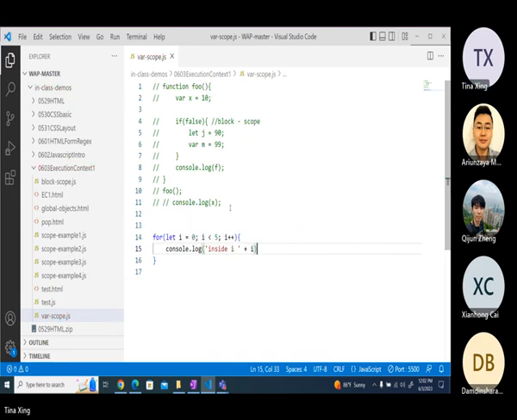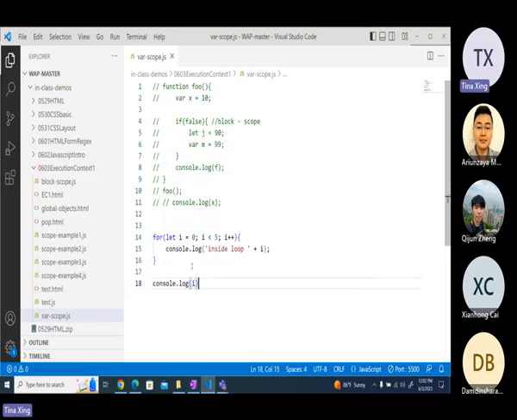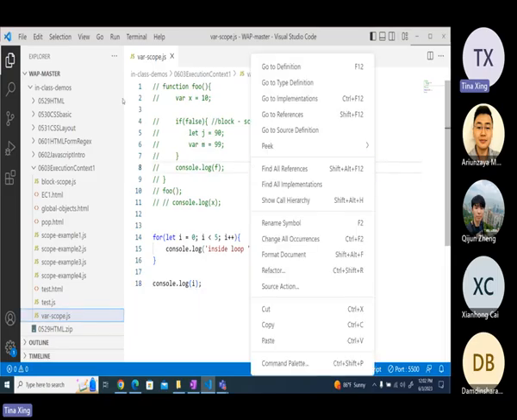Inside the loop. This is the last one. Then we go back home. Okay, because they are connected. When I do it this way and we execute,